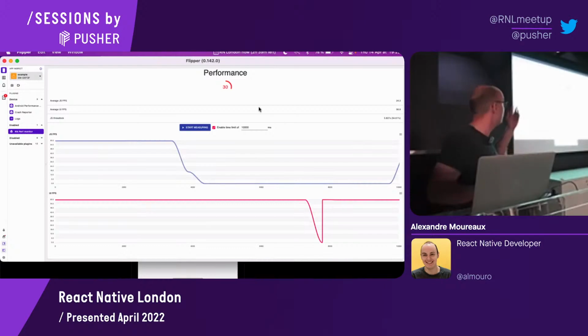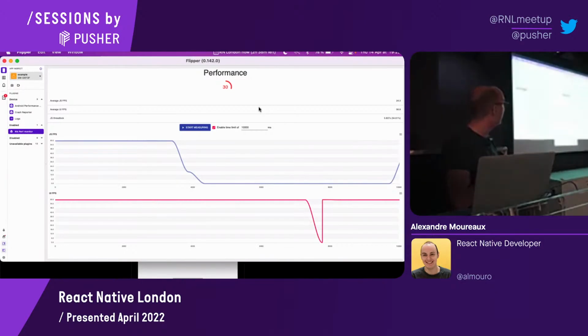And cool, as a bonus, where we were talking about Lighthouse score, it prints it out as well. So you can see that I clicked kill.js just when it goes down. You can see that the JS FPS is going to 0, and this is definitely what we want to avoid, as well as the UI FPS being at 60, to avoid the app being unresponsive and laggy.